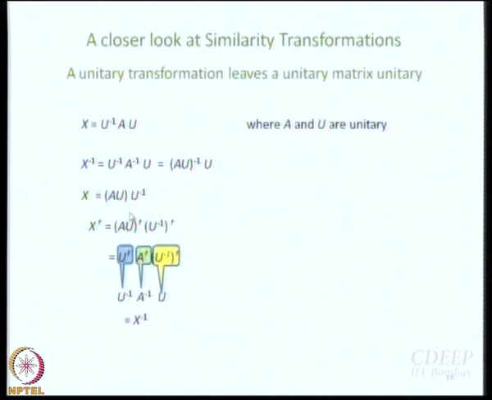Okay. So, we stop here today, because yeah, the third step where X is equal to AU into U inverse, hmm, from the previous step the order should be reversed. Because why? Inverse of AU is U inverse. Yeah, that is. I was also thinking that, but I do not think so. Okay, you work it out. Let me also work it out myself. I do not think it is a problem.